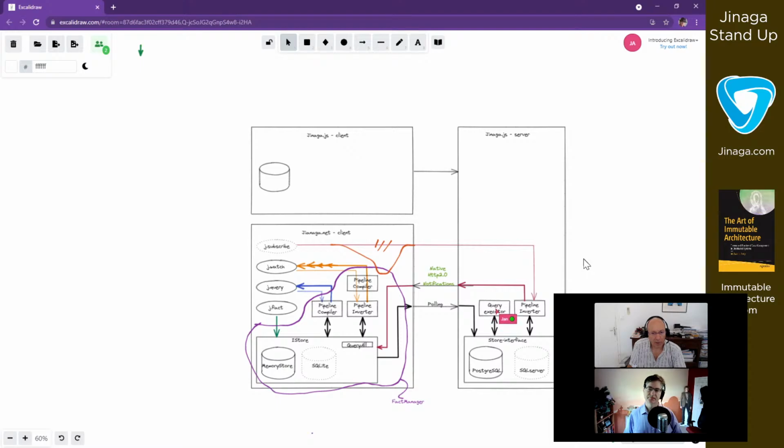Okay. And here, that query executor should be changed to pipeline compiler. Actually, if we poll for facts, is it here that we send that special syntax that we discussed 2 or 3 weeks ago?